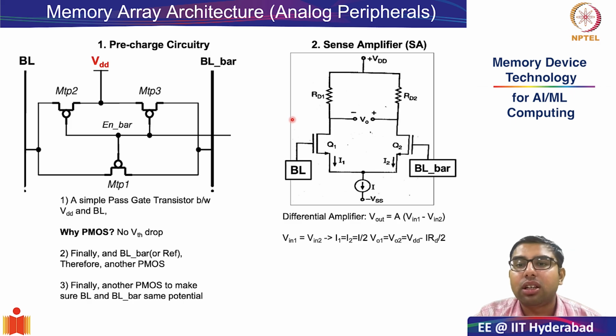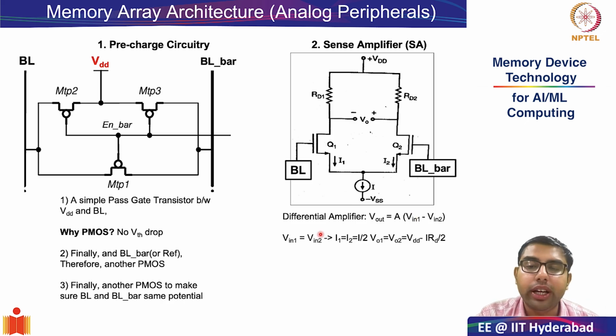As a result, when we start the readout circuitry by enabling the word line, there is only a small differential analog voltage which develops either on bitline or bitline bar. The idea of the sense amplifier is to sense this small analog change and very quickly amplify it to either the positive rail or the negative rail, according to the sign of the differential.